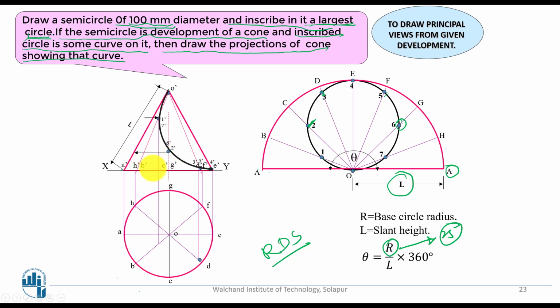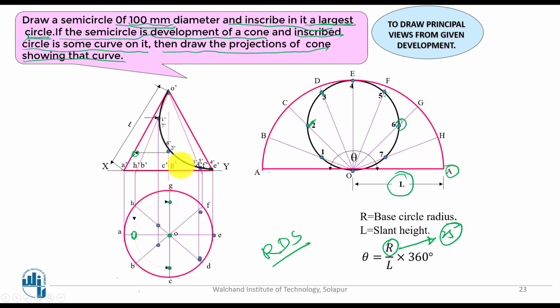In some other problem, if any of this particular edge or a generator is not parallel with this particular XY line, at that time you are expected to make it parallel. Then on that particular line you are going to be transferring it. We will see that type of problems in coming days. So now you have got this point coming here, then you have to transfer that point in the downward direction. It is going to cut here. It is going to cut here. Then that particular point you are going to transfer by keeping this as a center and this much as a radius, transfer it this side as well as this side. So those 2 points you are going to get.